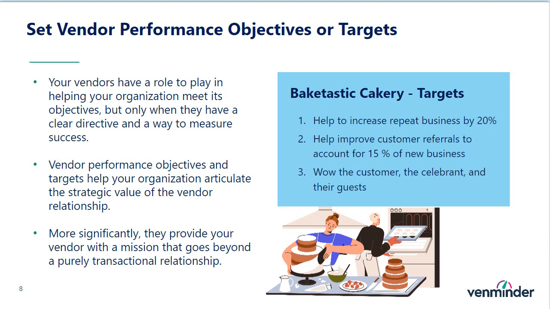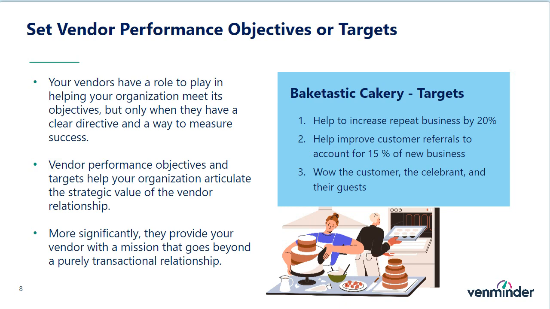They can only do that when their directive is clear and they have a way to measure success. The second thing is that those vendor performance objectives and targets help you articulate the strategic value of that vendor relationship. And finally, giving your vendor these targets really helps them have a bigger mission that goes beyond just a purely